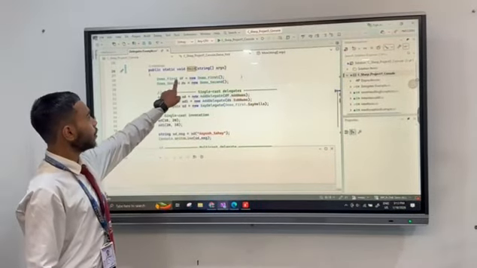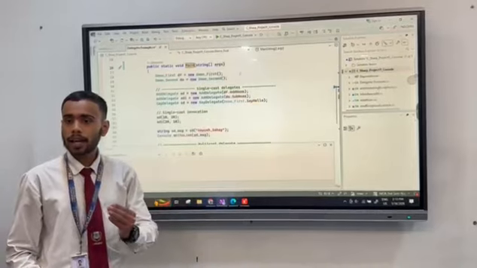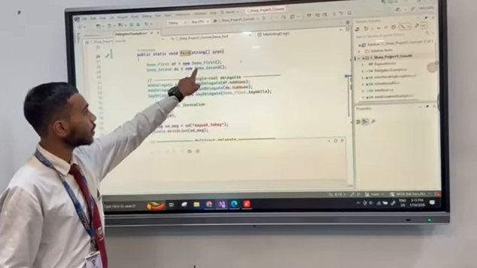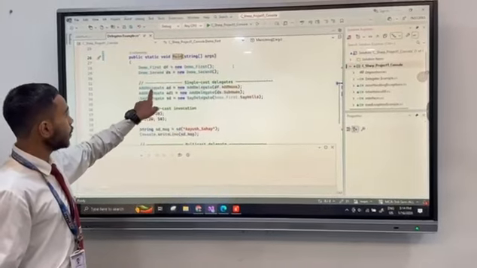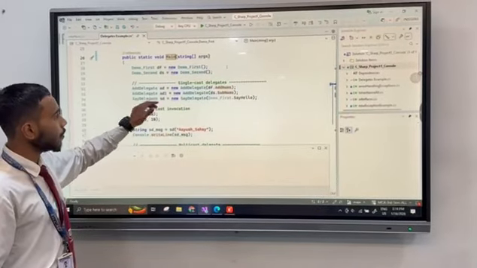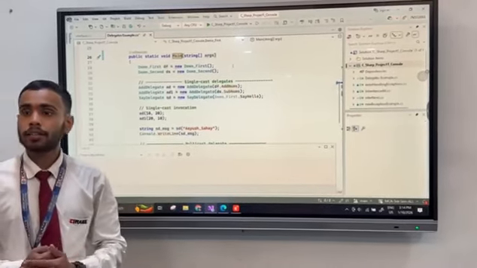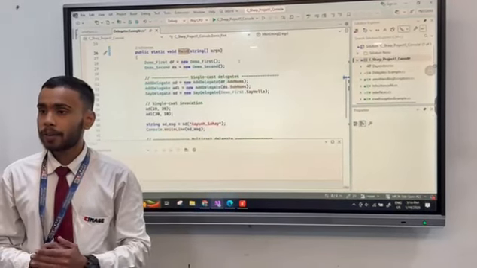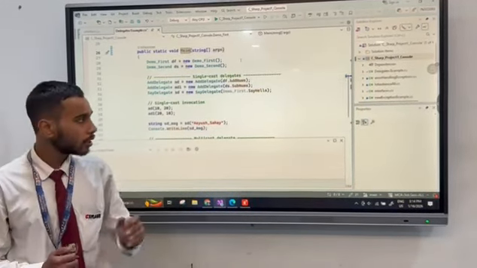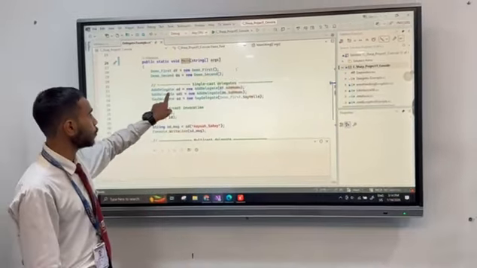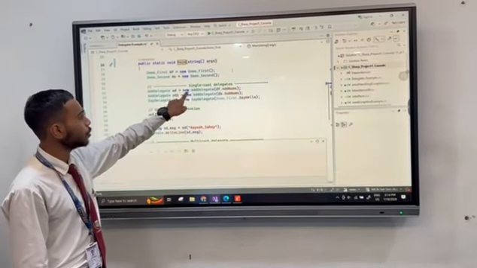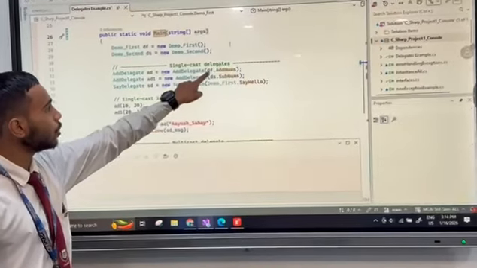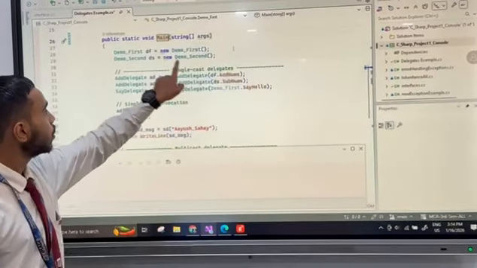In the main method, we are making the instances of both the first class and the second class, meaning we are making the objects. Then we make the instances of the delegates the same way we make the object of a class. So here is the add delegate: ad equals new add delegate, df dot add numbers.